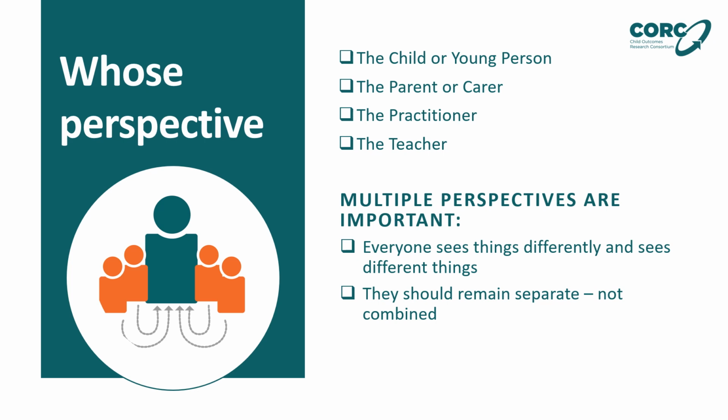In practice, these views will often differ but are equally important as they each offer observation and understanding of how that child behaves or feels in different environments and faced with different circumstances. Children's own views are crucial to ensure their voice is heard, they have a choice in how the intervention is delivered to them, and can articulate their own experiences. There's evidence that children as young as 8 years old can reliably comment on their experiences and outcomes.